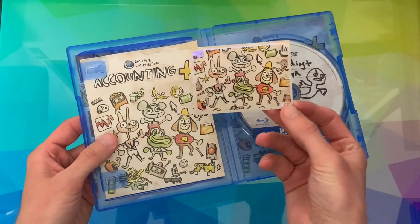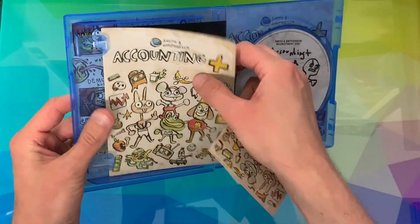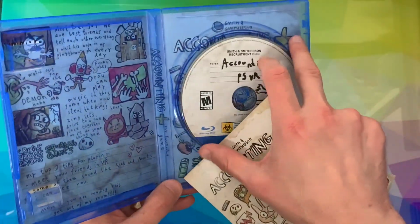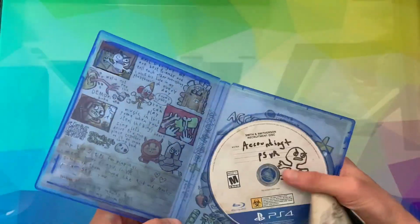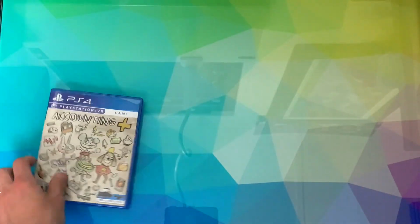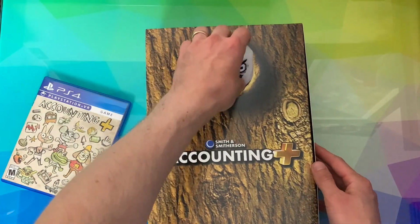It's another limited run with another trading card there. Same thing there, looks like we've got a double-sided sheet inside there, you can see. And this release actually came as a limited edition. Pretty cool limited edition box with